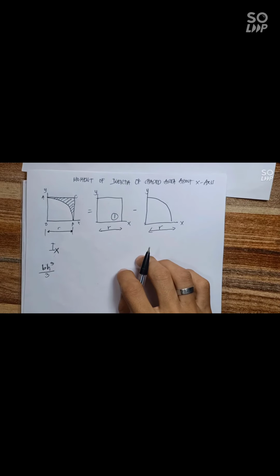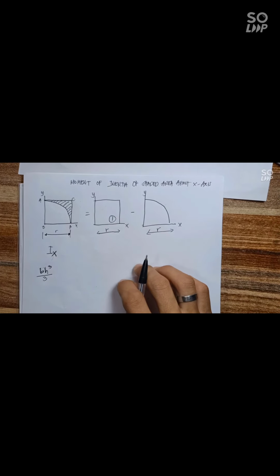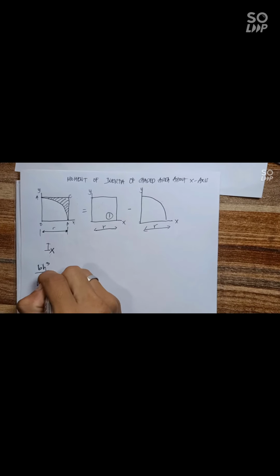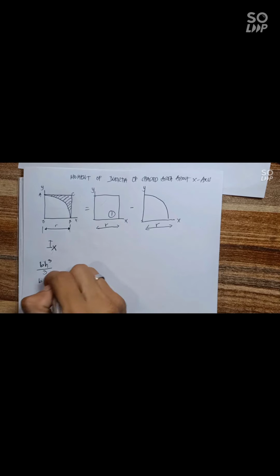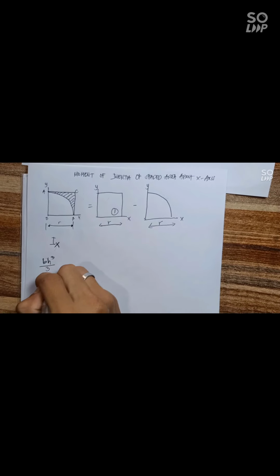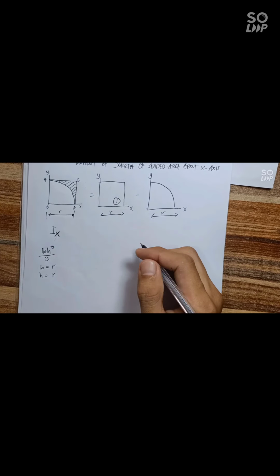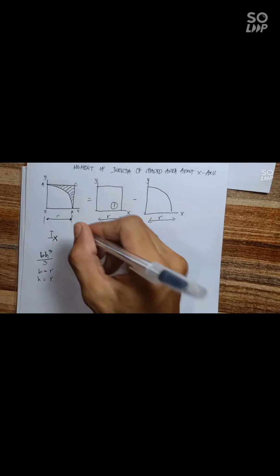When you consider the square here, the base is equal to r, and the height is also equal to r. So then it is r into r cubed